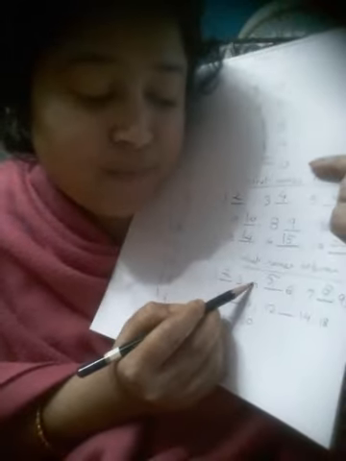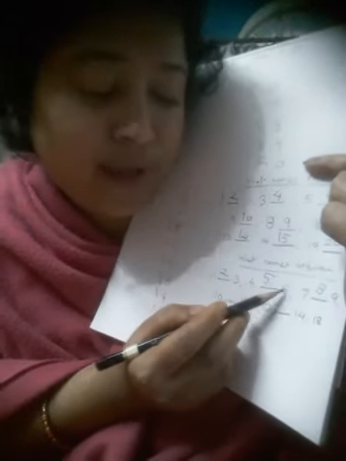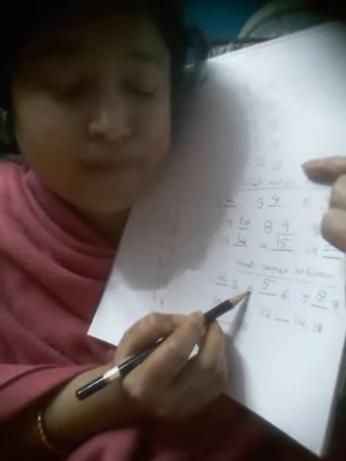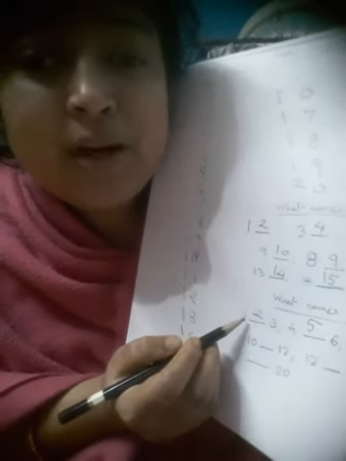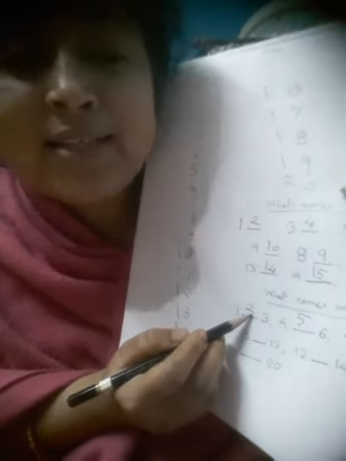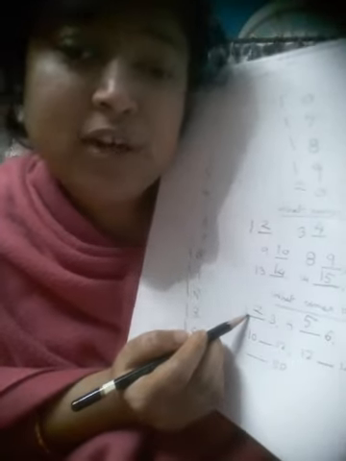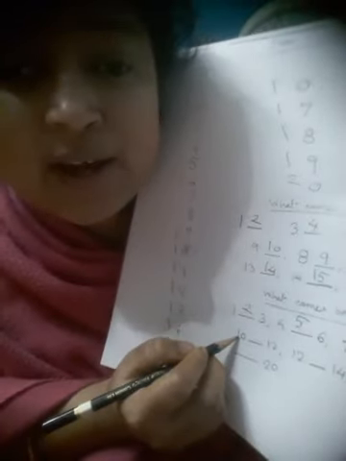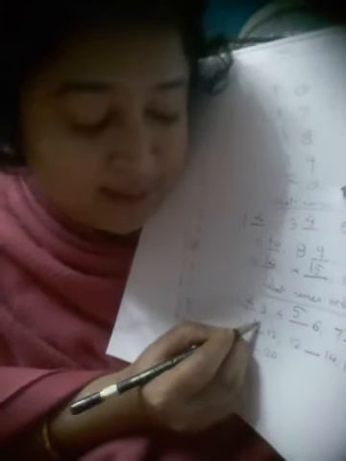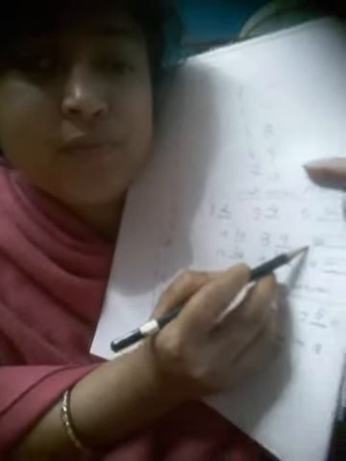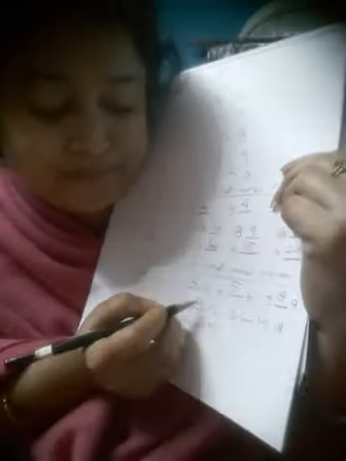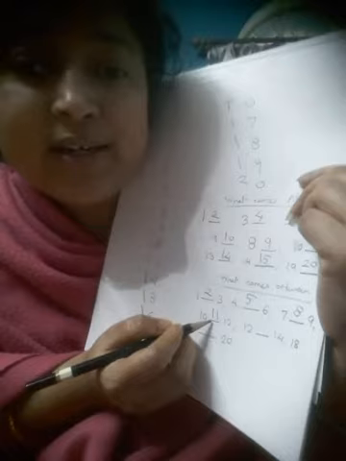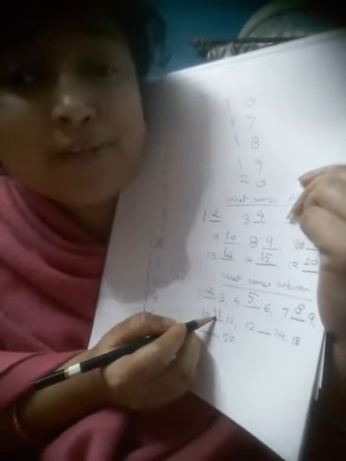Okay. Similarly, 5 is the between number of 4 and 6. And 5 is also the after number of 4. The 2 is the between number of 1 and 3. And from the other side, 2 is also the after number of 1. Okay. Now, what is this? 1, 0, 10. And what's the next number of 10? 11, as you already have done before. 1, 0, 10 and the after number is 1, 1, 11. So 11 is the between number of 10 and 12, and from the other side 11 is the after number of 10.